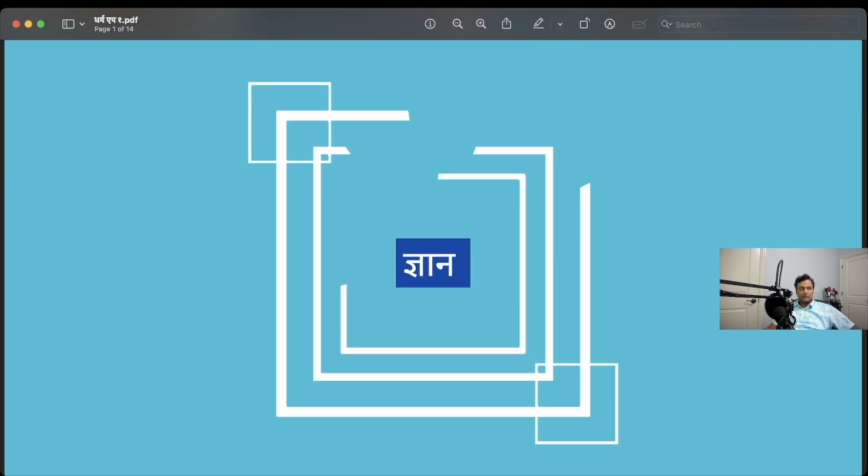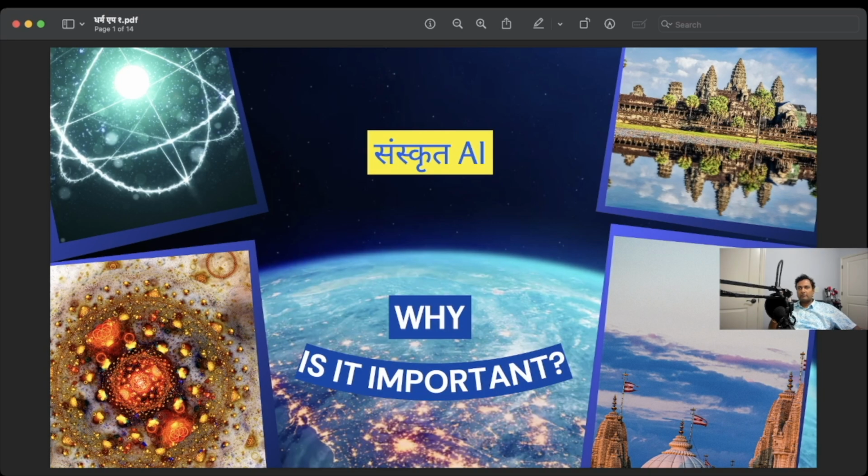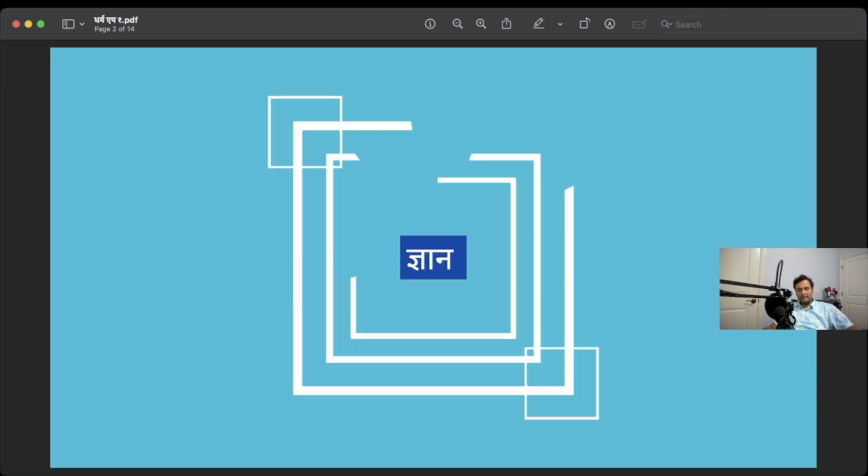So first of all is Gyan, knowledge. Gyan is the most important aspect of Sanskrit AI. The amount of knowledge in Sanskrit is immense, and I can say to some extent that it is the only language with knowledge. The rest of the languages have content.